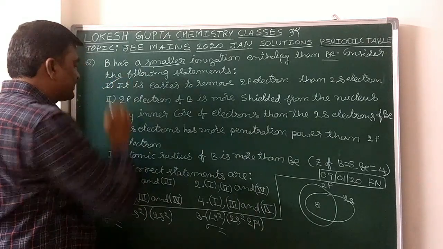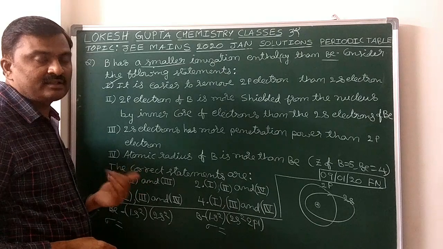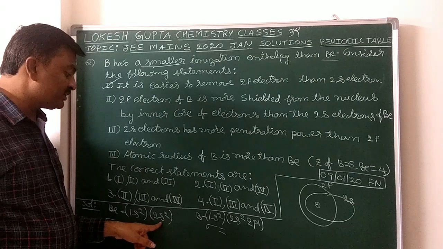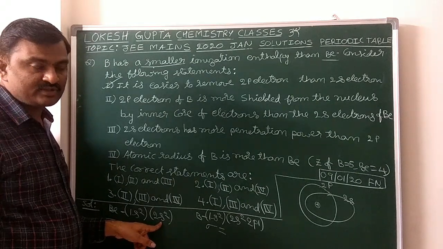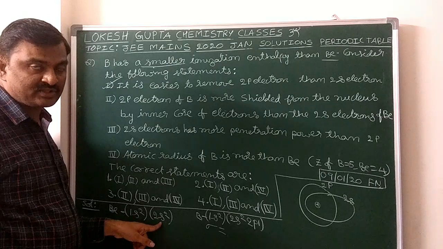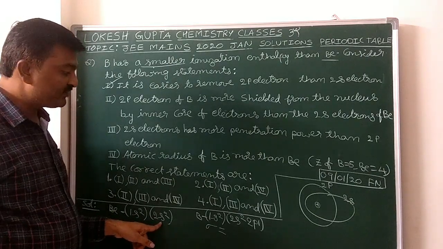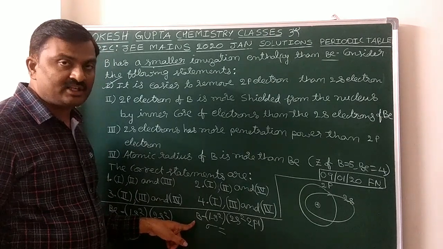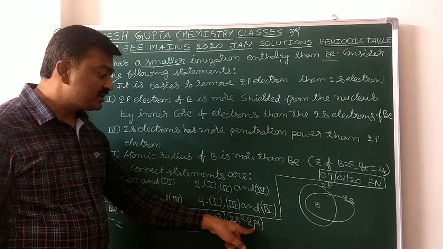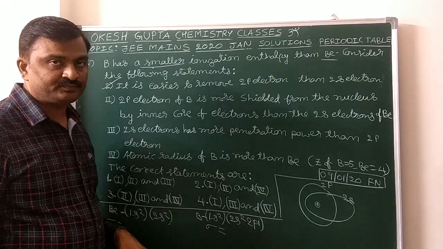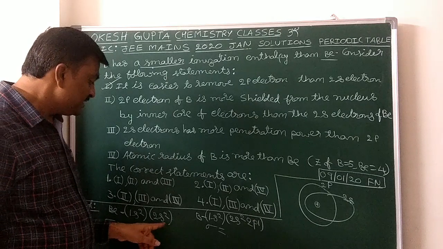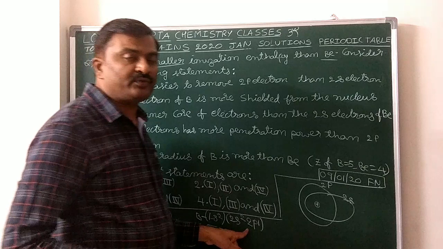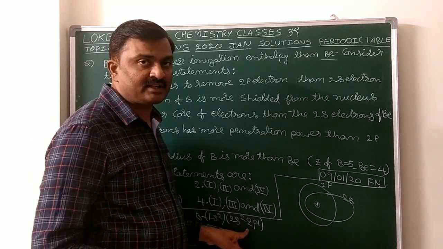Now this one is correct. Next, what is the other reason? See, in case of beryllium, we have to remove the 2s electron, the most closely bound electron; the last electron is the 2s2 electron. That one we have to remove. In case of ionization of boron, we have to remove the most loosely bound electron, the last electron, that is the 2p electron. See, if you compare 2s and 2p, the penetration power of s electrons is more than that of p electrons.